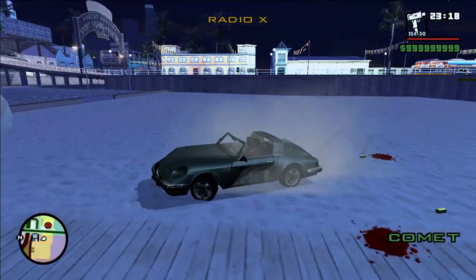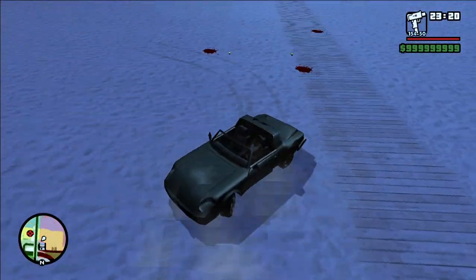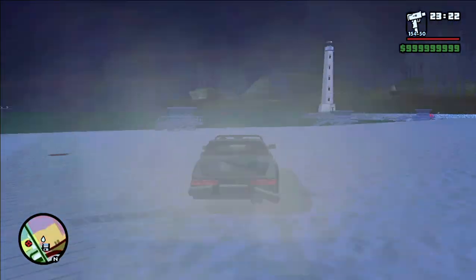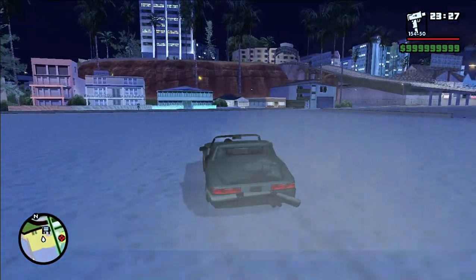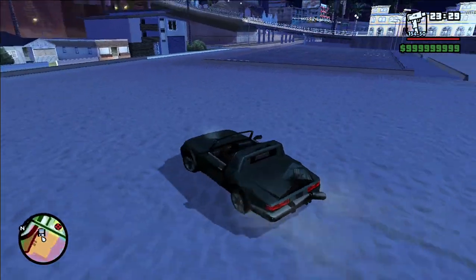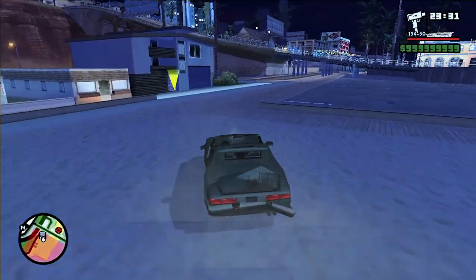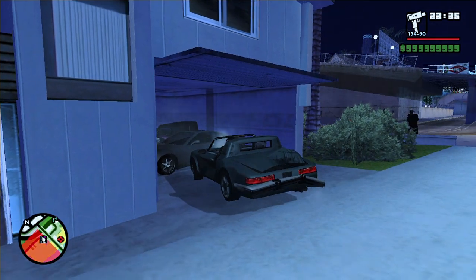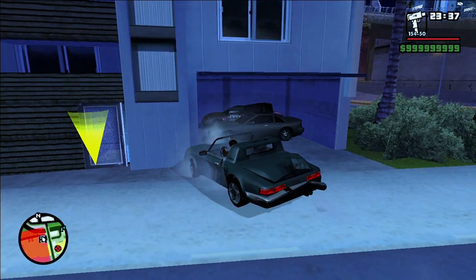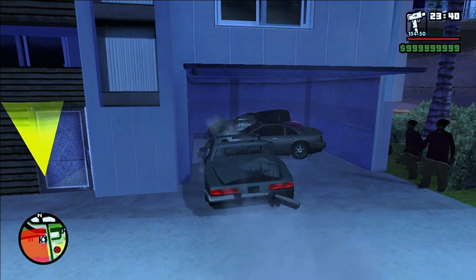You're beautiful. That's enough. Shine. Buy helmet shine. Radio X, this is modern rock for San Andreas. Keep it on the only letter that you can spell.